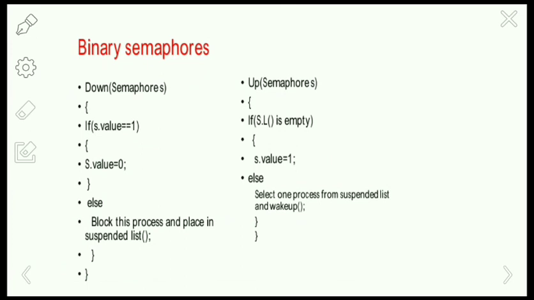Next, coming to the binary semaphores. In the binary semaphores, the variable will be only 1 or 0. In the case of the counting semaphore, the value may range from -infinity to +infinity. The semaphore may be any positive value. If it is not a positive value, then the particular process will be placed in the suspended queue, and it has to wait until the other processes complete their execution and wake up the particular process in the suspended queue.